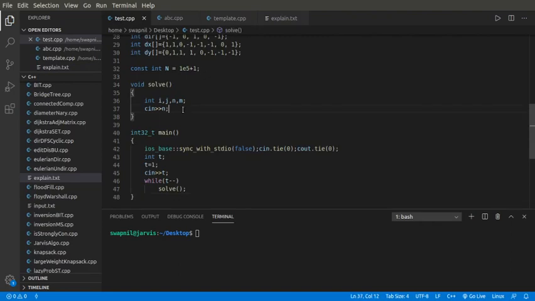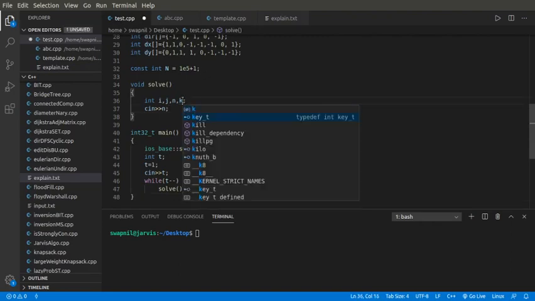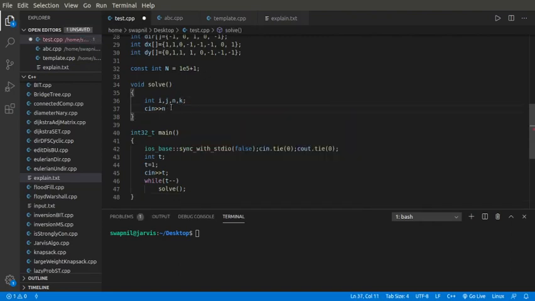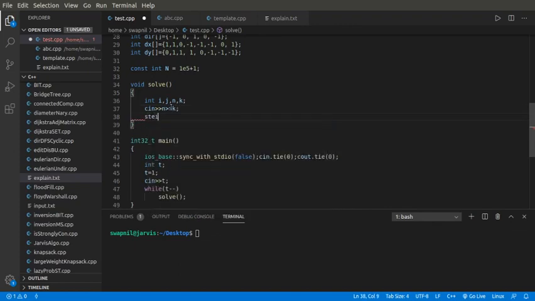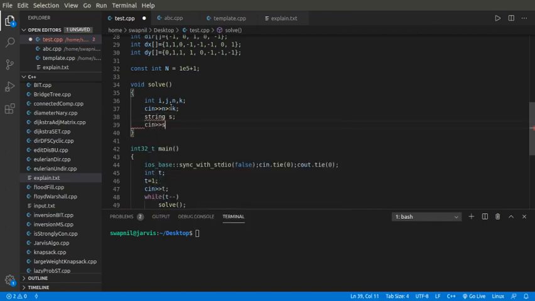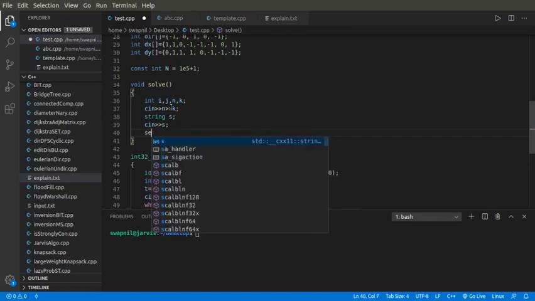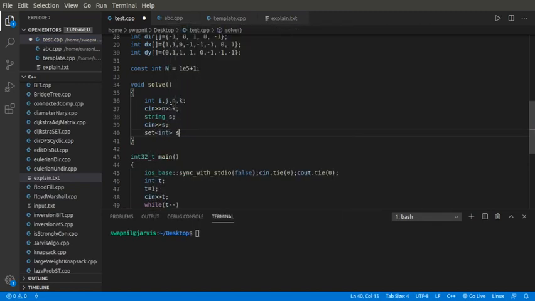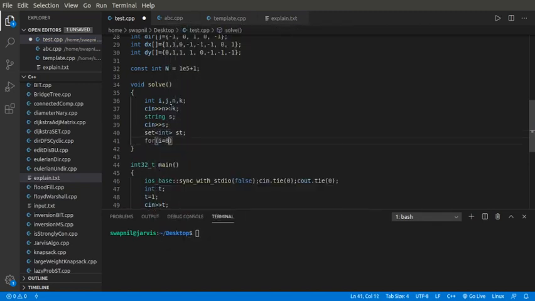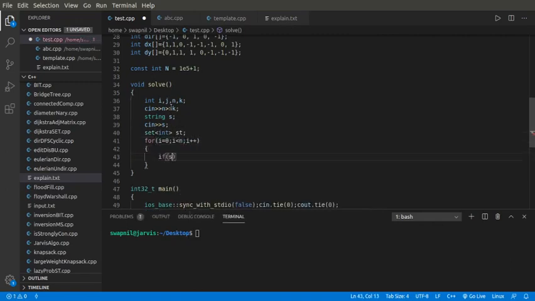So we have the size of the string, and I'll take the string as input, and I'll make a set of indexes where s of i equals 1.